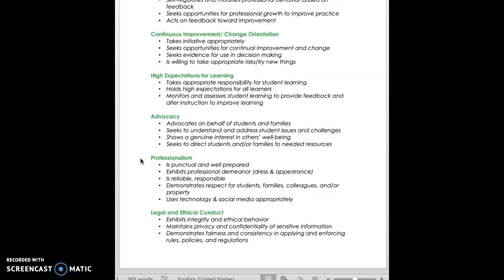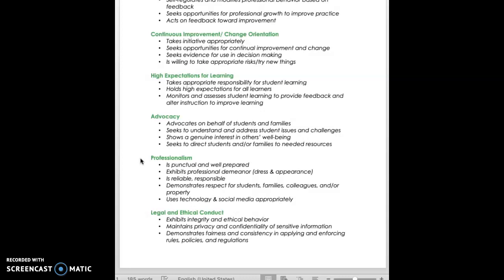The next disposition is legal and ethical conduct. We always display our behaviors and the characteristics that we have when we go into the classrooms with the highest integrity and ethical behavior. If you look to the National Association for the Education of Young Children, the Council for Exceptional Children, and the Division for Early Childhood, you will see that there are professional standards, legal and ethical standards which we follow in the field. So you want to be aware of those, you want to read them, and